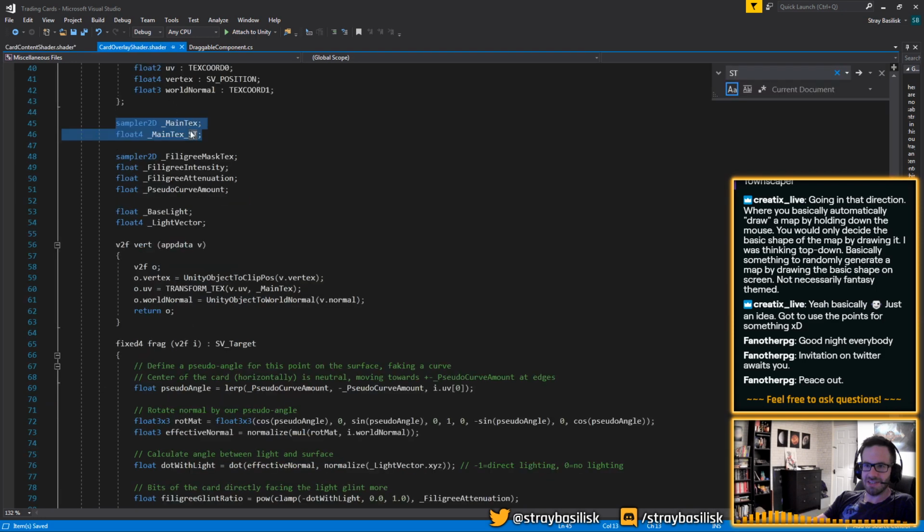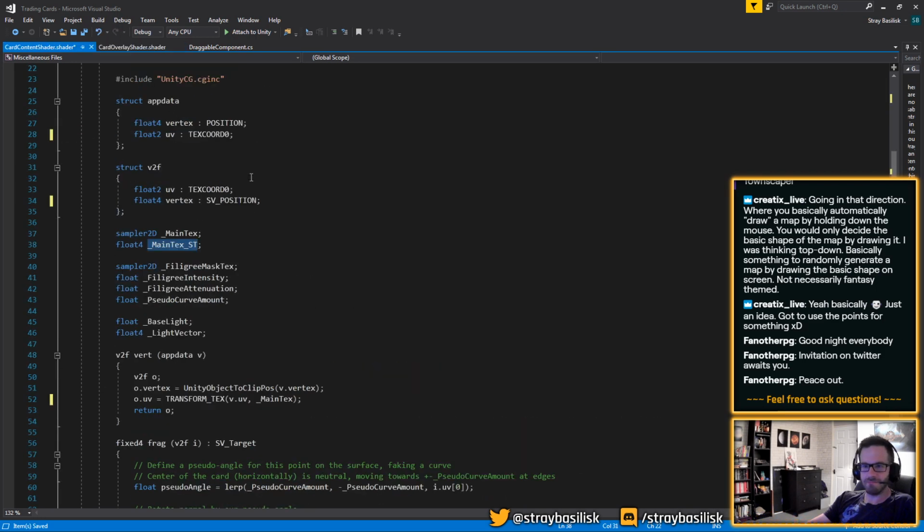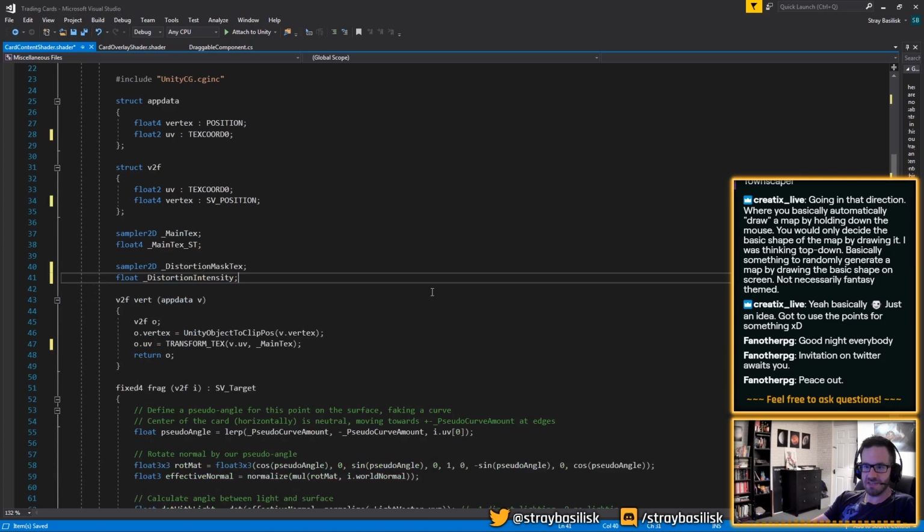To be honest, I'm not entirely sure why this is required. So we have the distortion mask, we have the distortion intensity. Don't need any of this junk, so